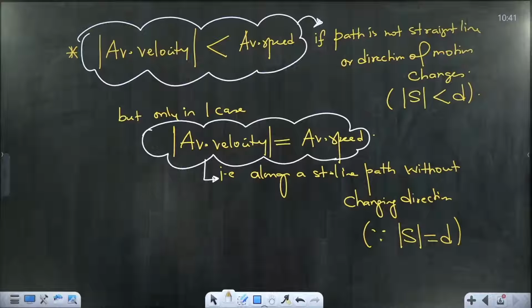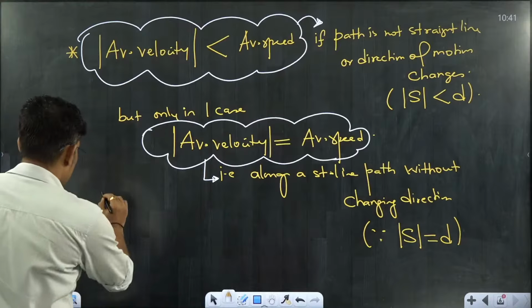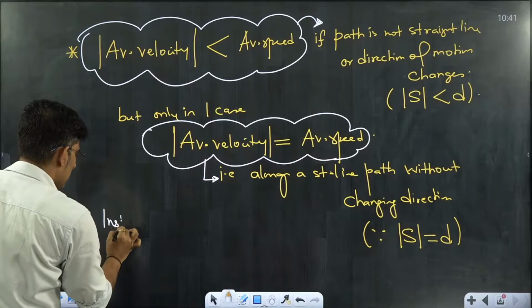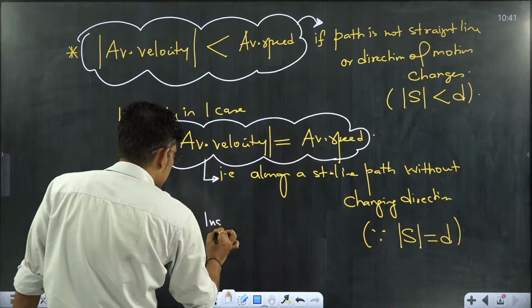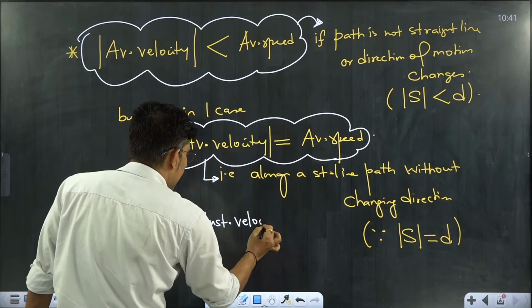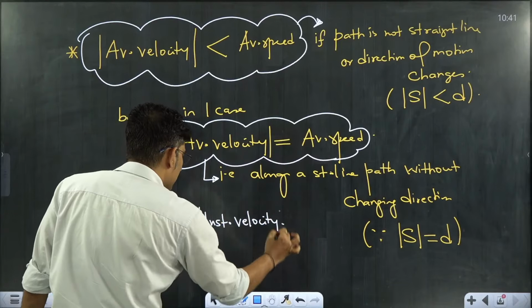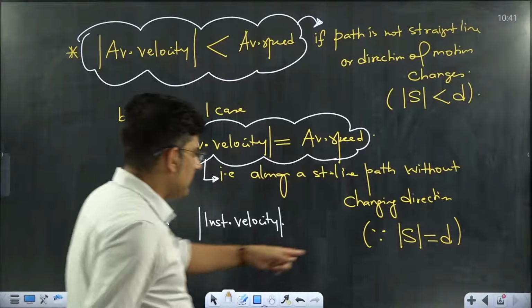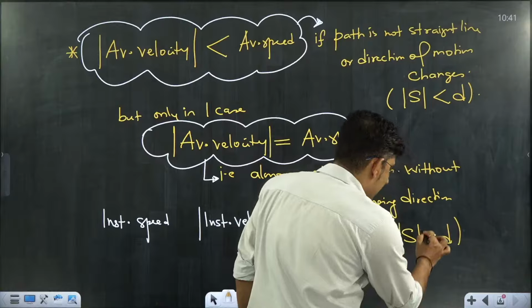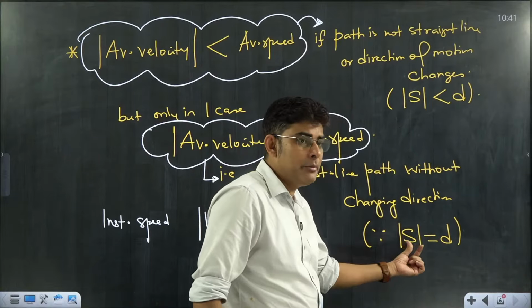Okay. Now let me come back to another thing. Instantaneous speed and instantaneous velocity magnitude. Now what will you comment about these two? Above we saw the relation between average speed and average velocity magnitude. Now let's see, beta, this symbol I am using, mod. Mod is for magnitude. So magnitude of displacement,